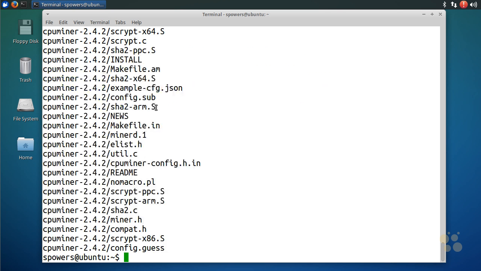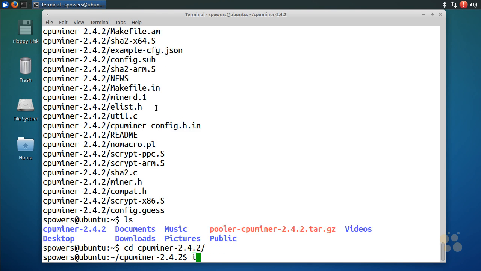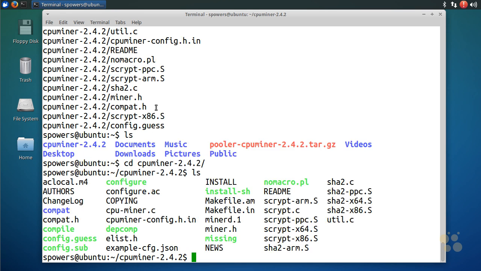We've used tar in other nuggets before. So here we have, let's see, ls. We've created a folder now, and that folder is cpuminer-2.4.2. Okay, so we're going to go into that folder and see what's in here. ls. All right, so we have a bunch of files here. The first thing we want to do is actually run configure. So see this configure command. We need to say